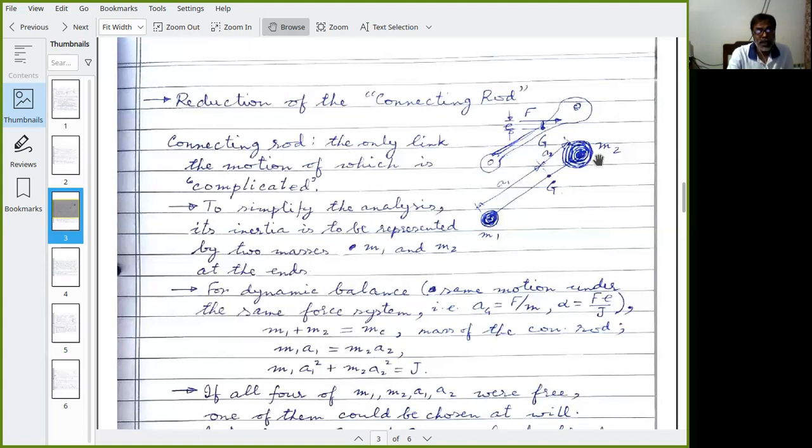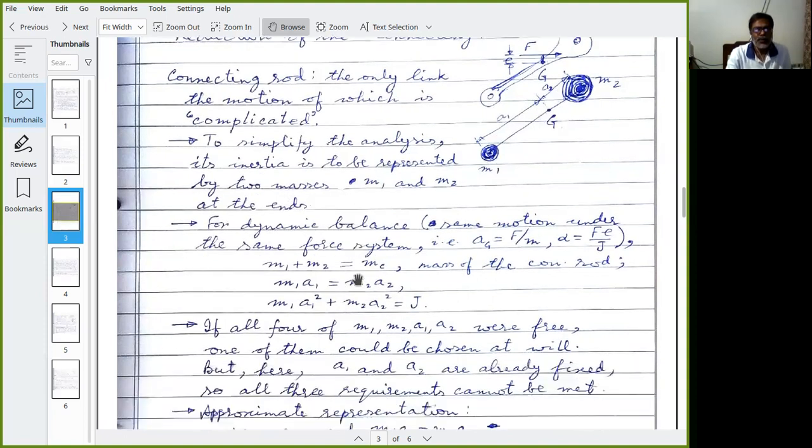Now, what will be the equivalent M1 and M2? The equivalence is based on the understanding that under the same resultant force system, the reduced or equivalent connecting rod should execute the same motion. So it should be a dynamic equivalence, not just static balance. For dynamic equivalence, which means the same motion under the same force system,